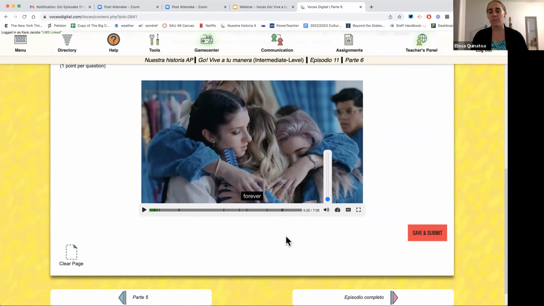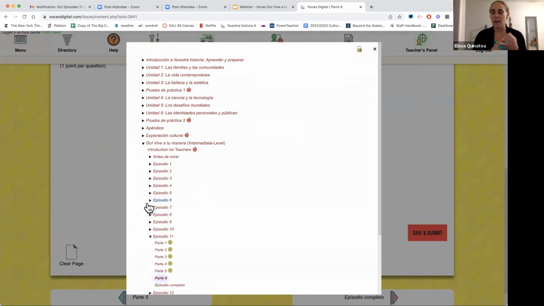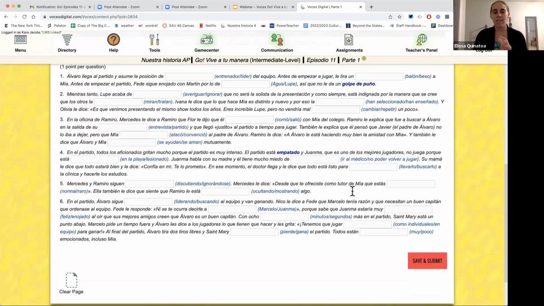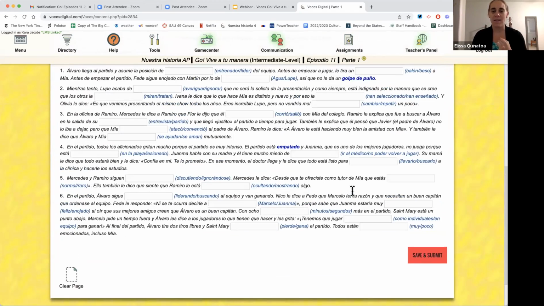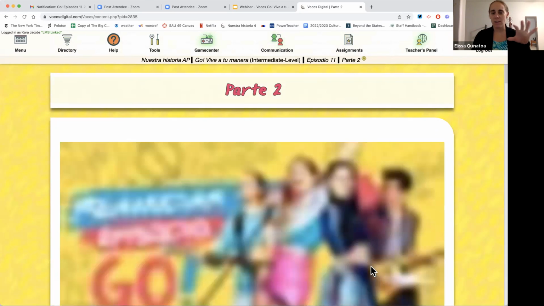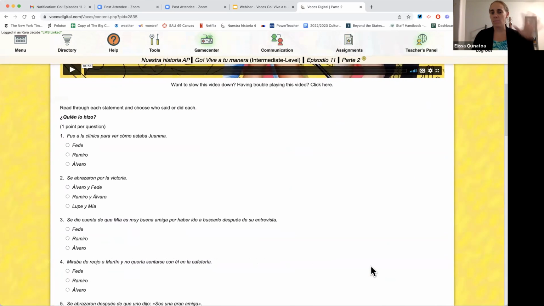In addition to the new video activity, the other activities are, if you guys have used Go before, we kept the same type of activities for the other 5. There are, like Kara's showing you, the read and do the cloze, filling in the missing words for part 1.